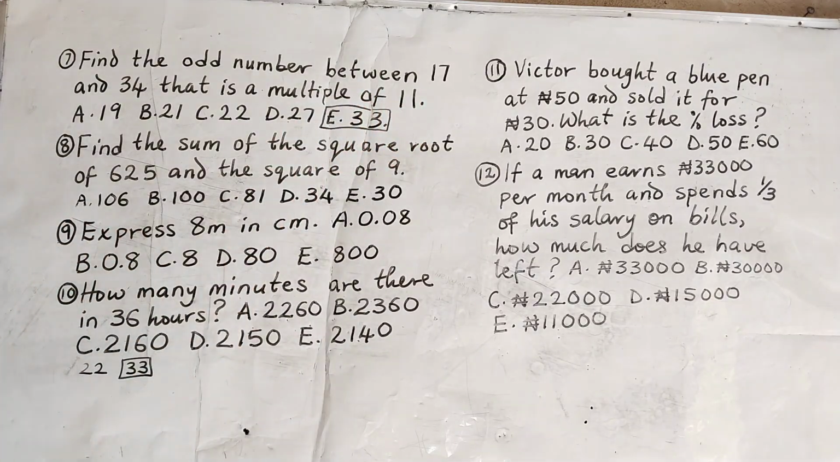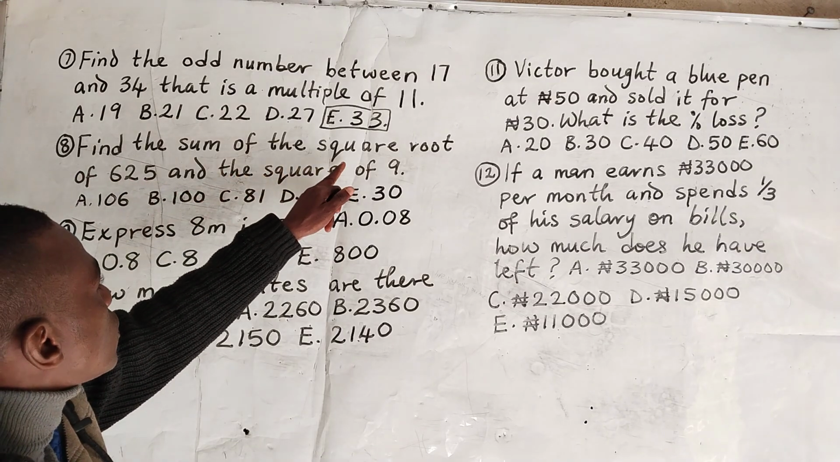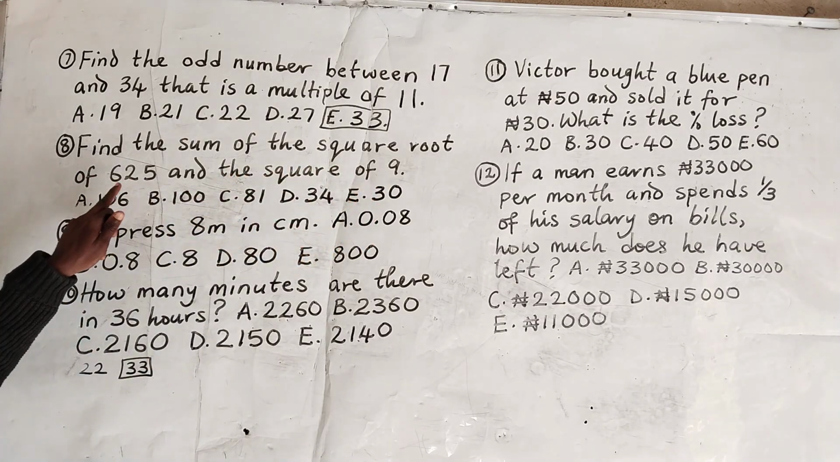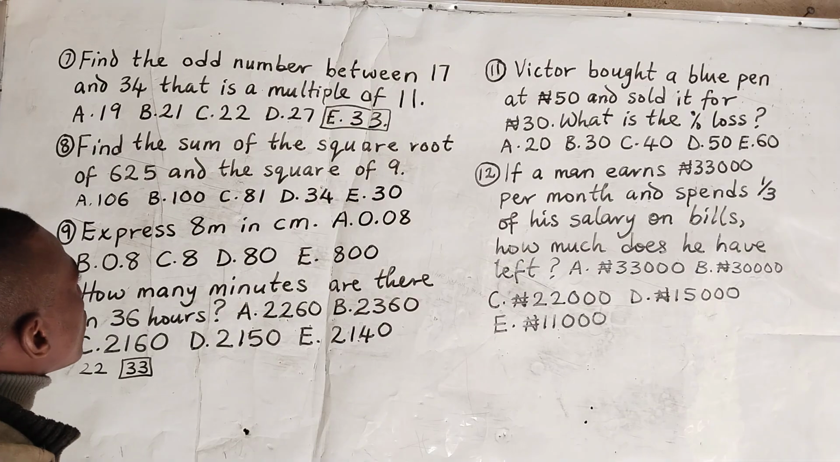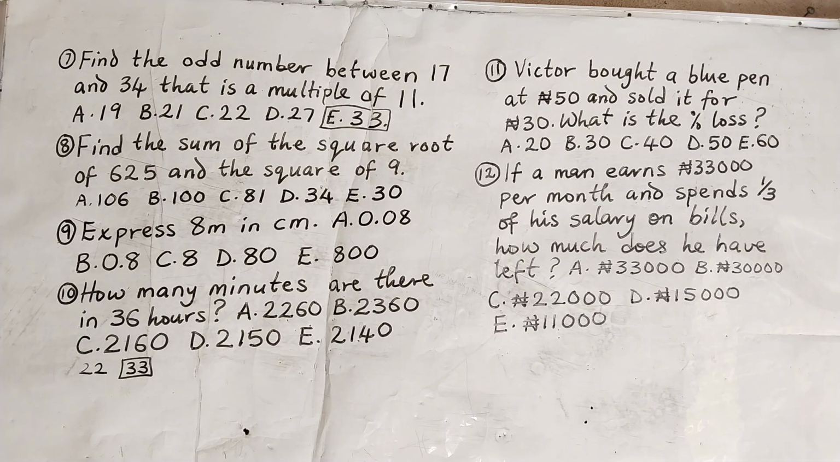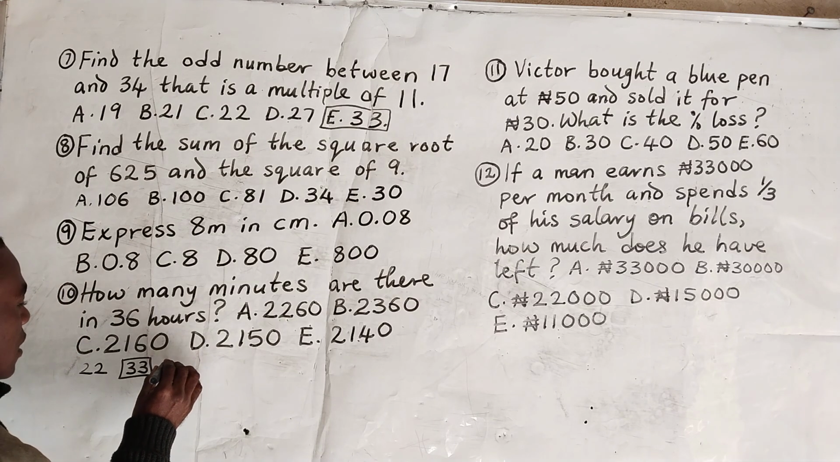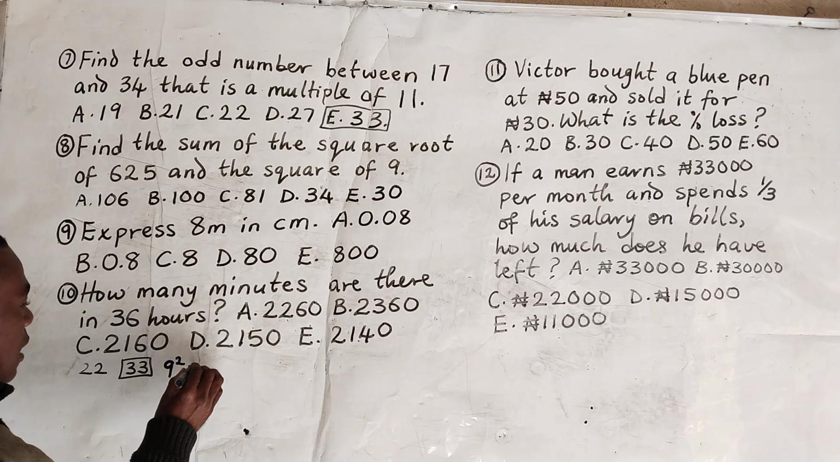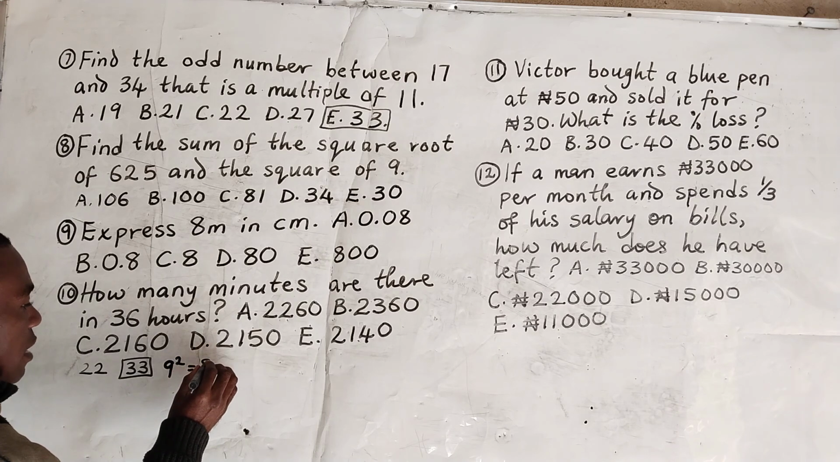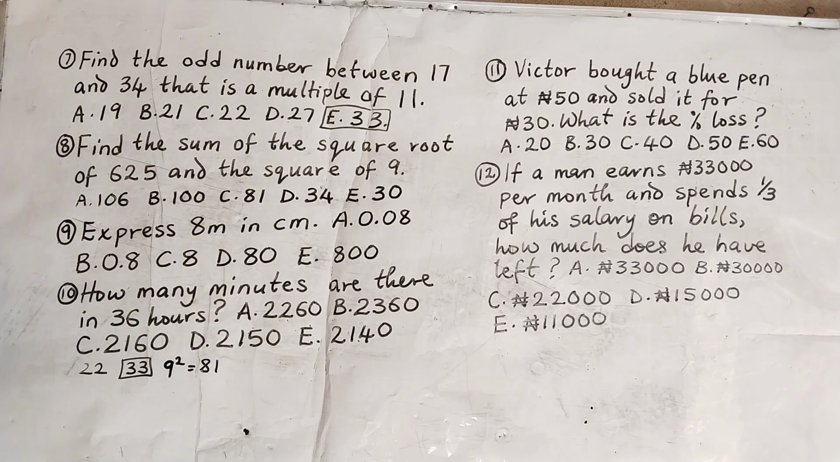We move to question number 2. We are asked to find the sum of the square root of 625 and the square of 9. Now, square of 9 means 9 power 2. And 9 power 2 means 9 multiplied by 9, which is 81. Then, square root of